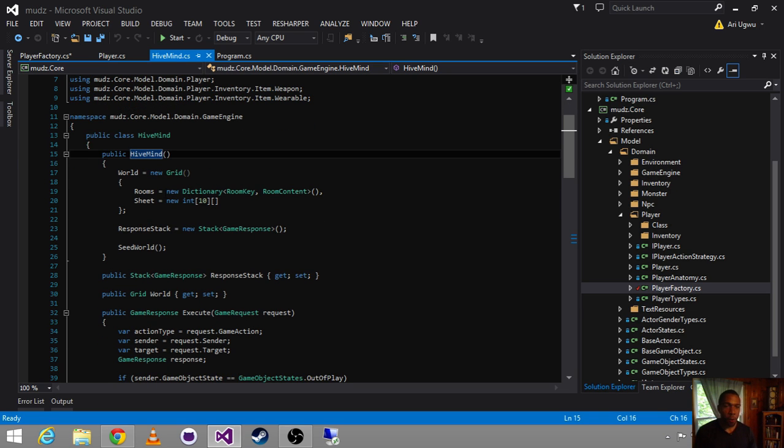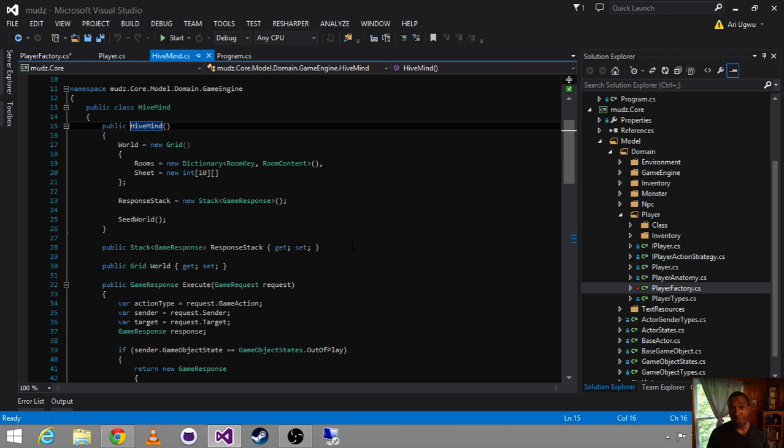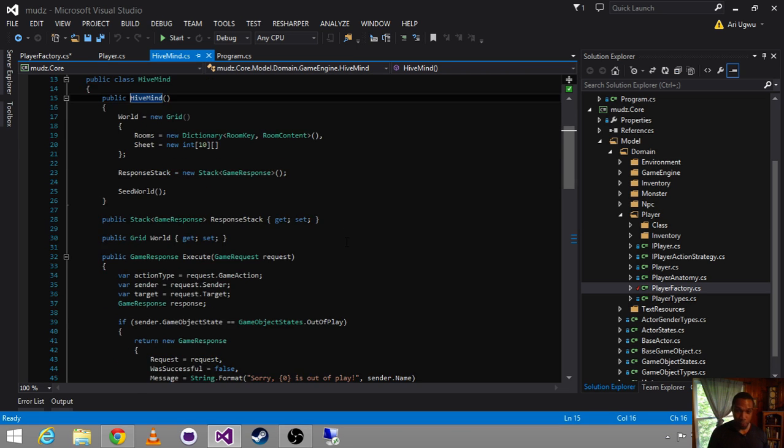So we're creating our world, which is a grid, and has rooms and a sheet. Each room has a room key and content. We've done a lot over the last 6 weeks, so if some of this looks foreign, run back and you can see us build all of this from the ground up, one class at a time.